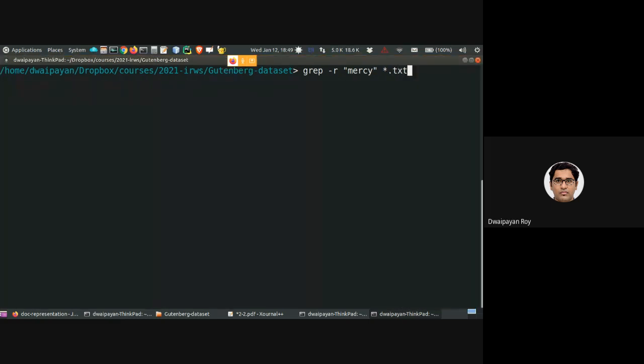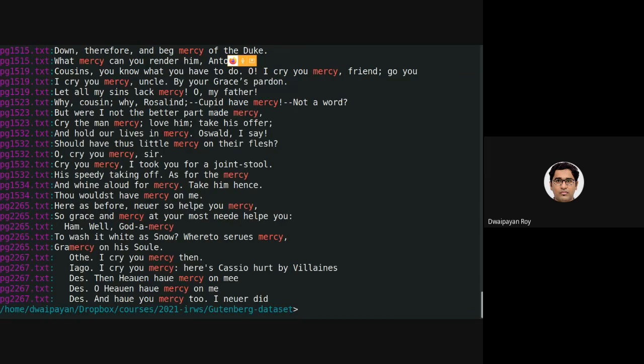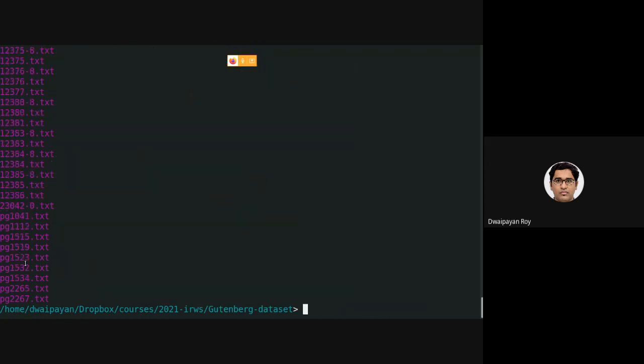This will be basically returning a set of documents which are containing the term, right? In this document, as you can see, it is containing the term mercy multiple times. If we just want to get the name of the file, we need to apply this -L parameter. It will be only returning the name of the file.